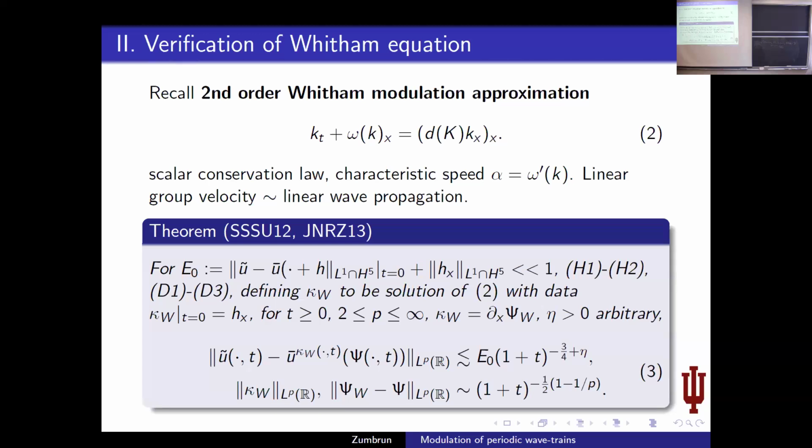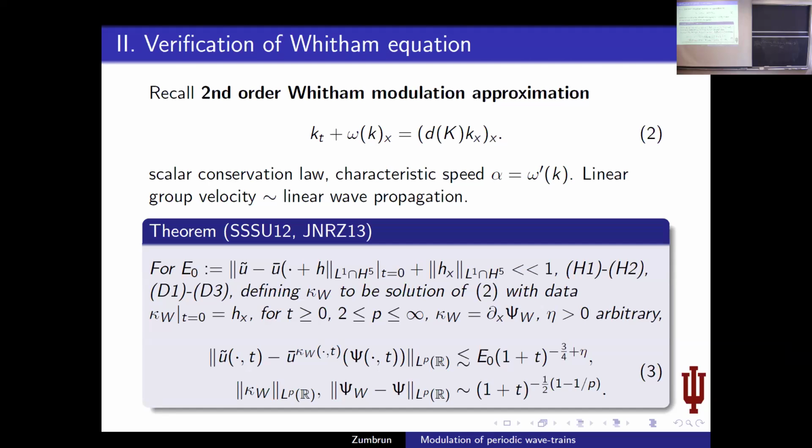So we should take H_x for K. All right, and we're going to take, for positive time and high norms, if we take K, here it is, then we define psi_W by the antiderivative of K_W, then